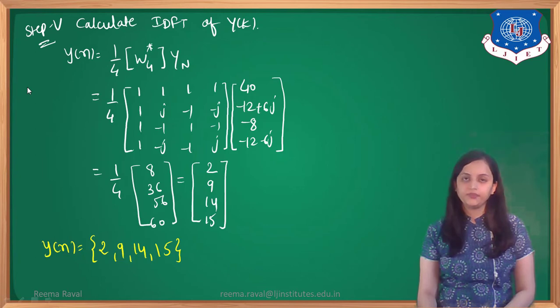Here we have completed all the three methods of finding circular convolution. First is the matrix method, second the graphical method and third the DFT and IDFT method. I hope that these three methods are clear to you. It is again advisable to use the matrix method to find circular convolution if the method is not mentioned in the data, because it is easier and the chances of error are less. So I hope that all of these methods are clear to you.